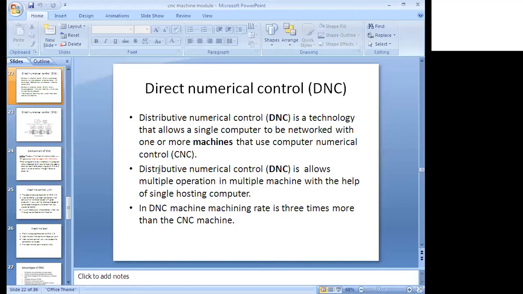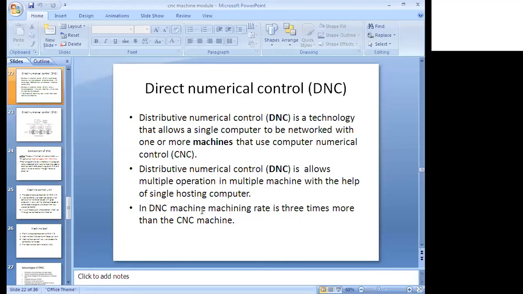Okay, it means how many machines you connect is left to you, and that many times the CNC comparison will increase, because if you connect 5, then it is 5 times, like that. For your understanding, I mentioned 3. So what it indicates is that if you produce one job in one minute in a CNC machine, in that same one minute we are going to produce 3 components, because 3 machines are there. That's why I am mentioning 3 only.